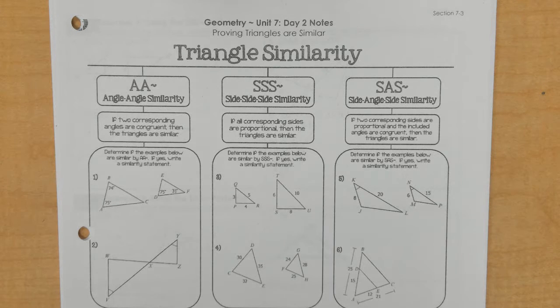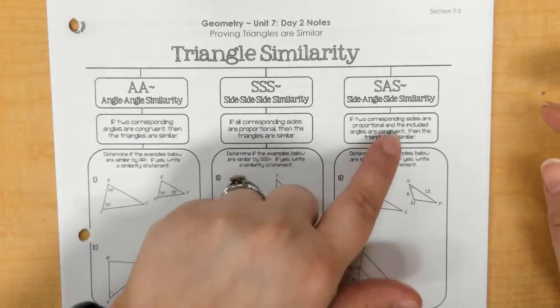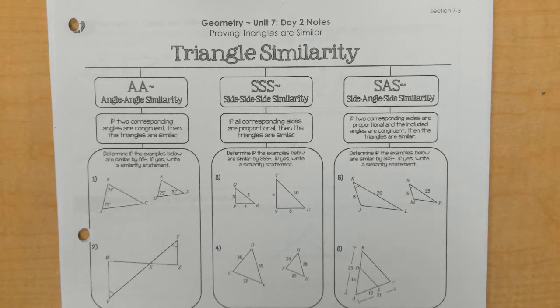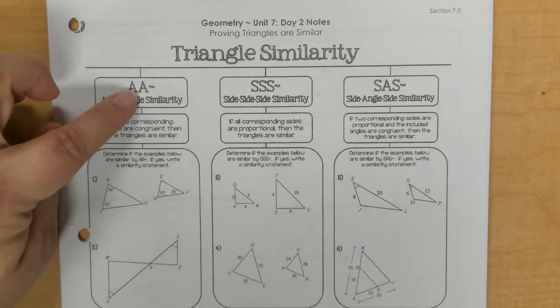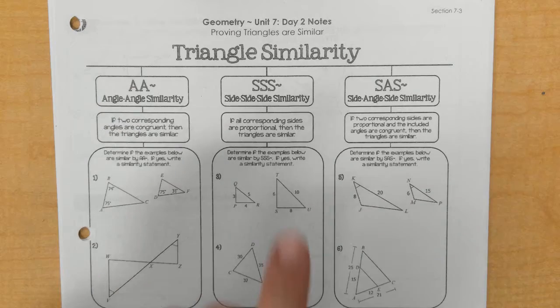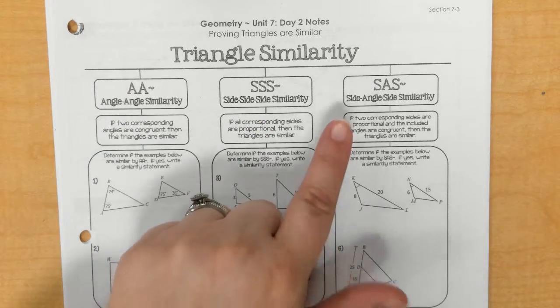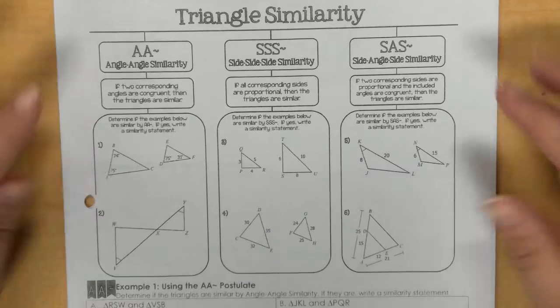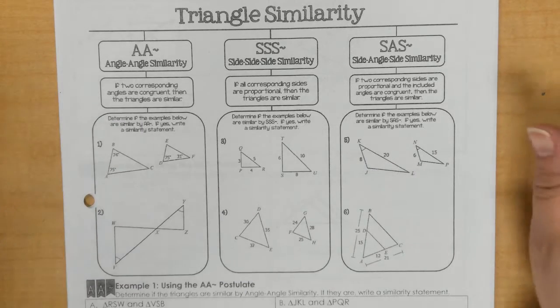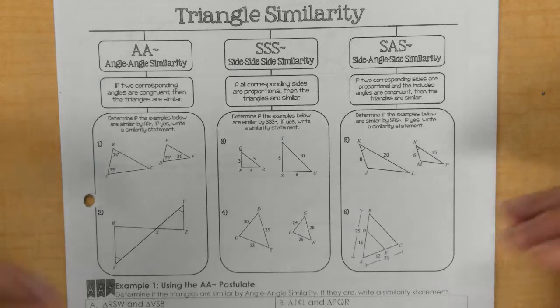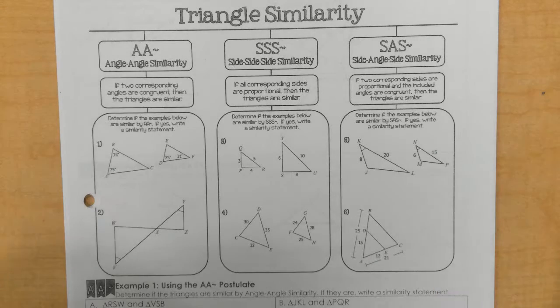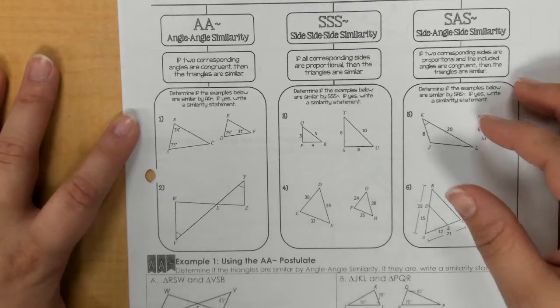For Unit 7, Day 2 notes, we're going to prove triangles are similar. As you can see, we have 3 different similarity postulates that we're going to work with here. The first one is angle-angle similarity, side-side-side similarity, and side-angle-side similarity. And then they give you an example of each one. Some of them are showing you ones that look like they are, but really it's false. They're not that method. So for angle-angle,